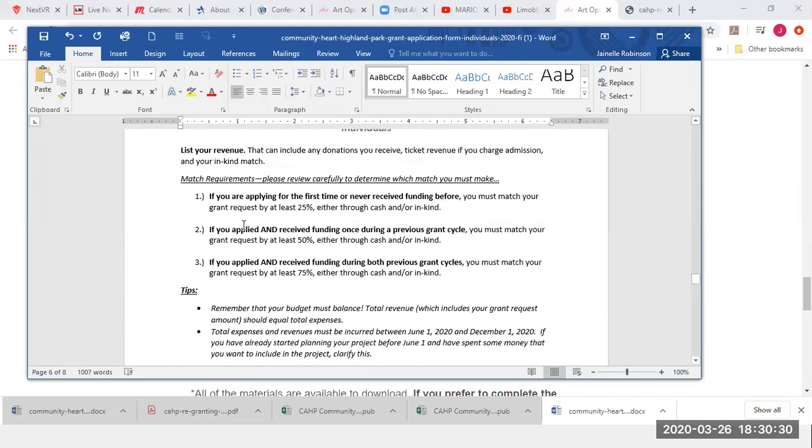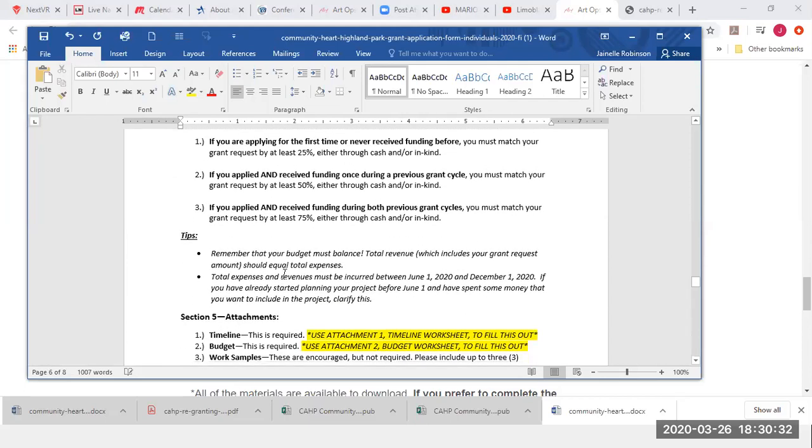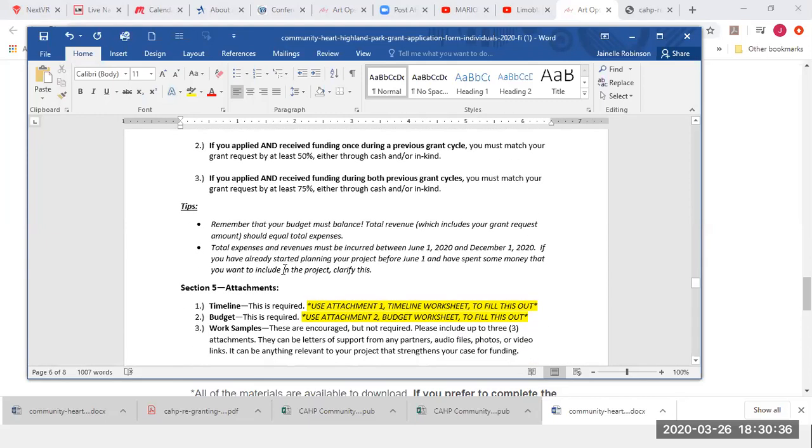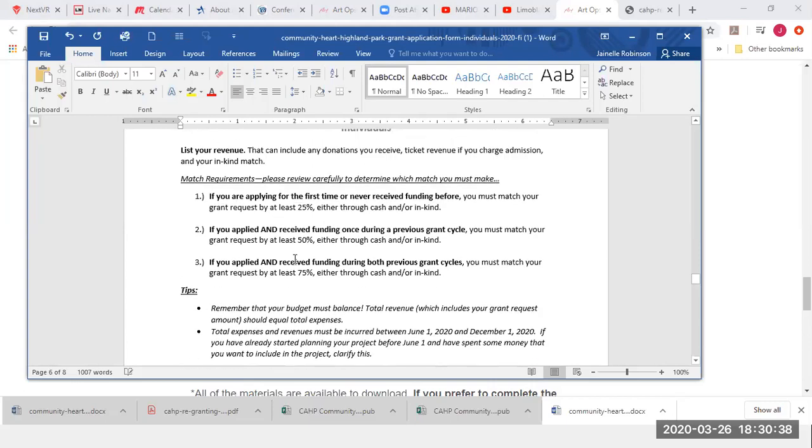Here is some description about the match, which you probably will come back to several times throughout the cycle of the grant. So one of the things that will come up for me as a new grantee, and I'm looking to do this in a school, maybe the school normally charges for someone to use their gym, but because it's going to benefit their students, they give me the space.